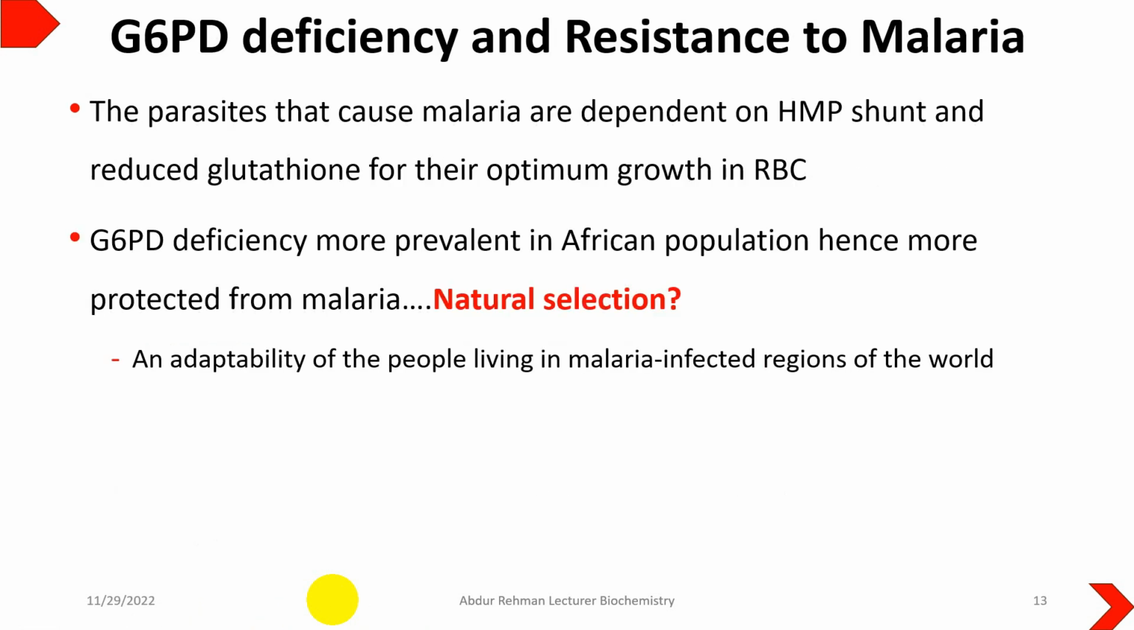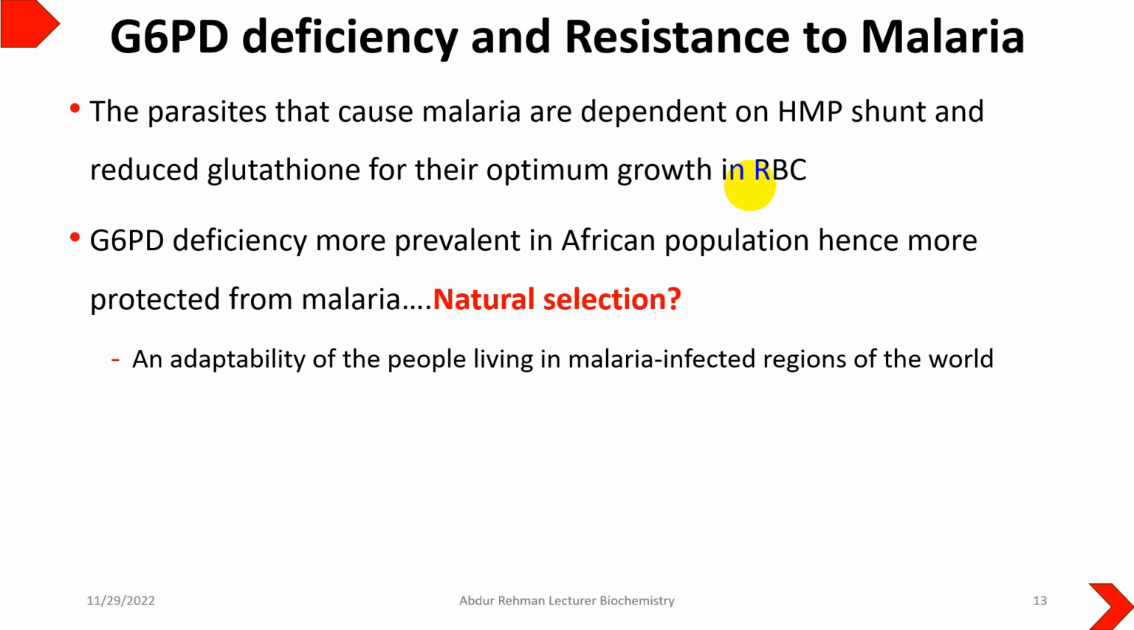Sometimes this glucose 6-phosphate dehydrogenase deficiency could be a blessing in disguise for individuals where malaria is very common. I am talking about the African population, because the malarial parasites are totally dependent on the hexose monophosphate shunt pathway and reduced glutathione for their optimum growth in red blood cells. These malaria parasites basically feed on the red blood cells. They grow there and they recycle there. So if the red blood cells are not